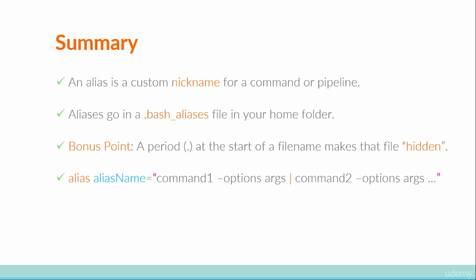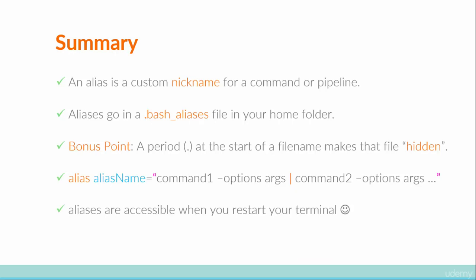Then you open some quotes. These quotes can be either single quotes using an apostrophe, or normal double quotes like you would use for speech marks. Again, without any gaps between that and the equal sign. Then you just create your pipeline, or you use your command. Again, you can have options and command line arguments just like you normally would. These can go on for as long as you want. Now, as long as you make sure that you restart your terminal, you'll then have access to that alias